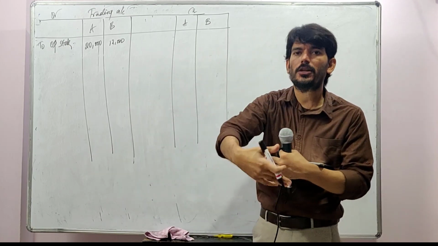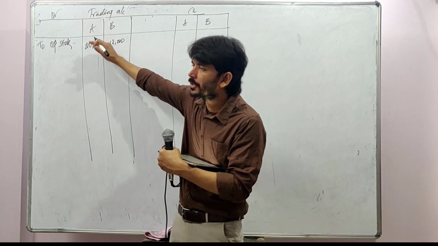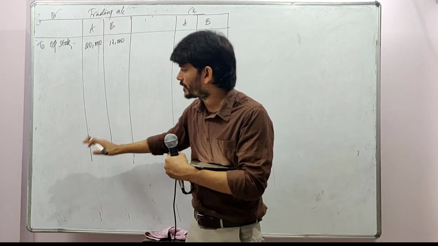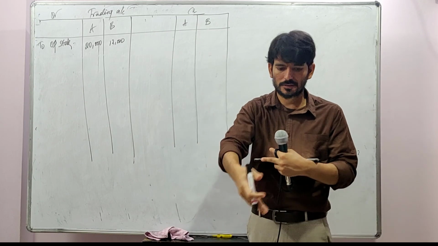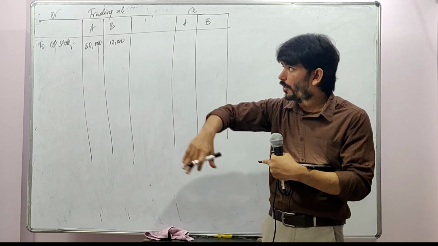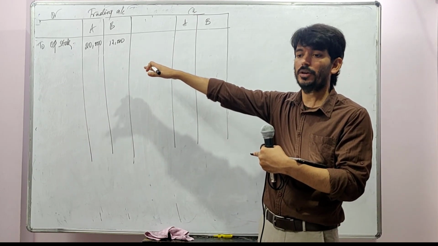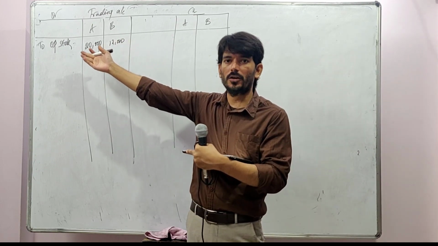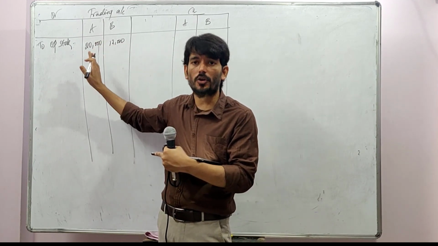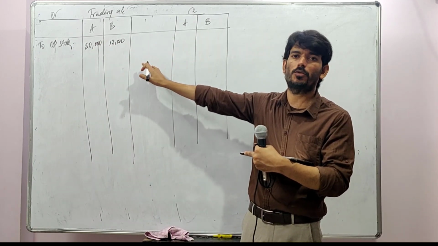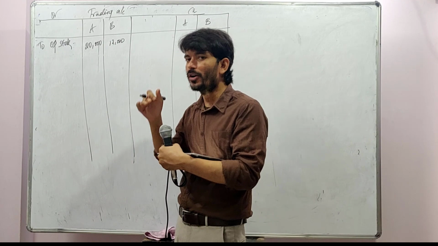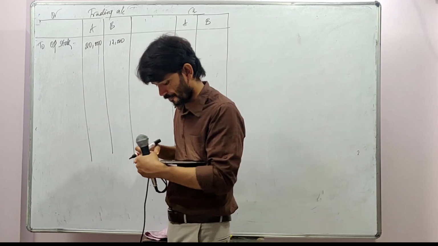In one of the future questions we will come across this point. In opening stock also there is a stock reserve, in the closing stock also there is a stock reserve. We need to reverse this, we need to reverse that. All that concept will come in some next illustrations. When you are solving that question, you will get a doubt for this question. What is that doubt? Possibly, sir, when there is an opening stock, why should we not reverse the opening stock reserve there? The reason is both are absolutely at cost. There is no stock reserve in it only. So when there is no stock reserve, there is no unrealized gain. We need not reverse it. It's not just for this question, this is for the upcoming questions also.